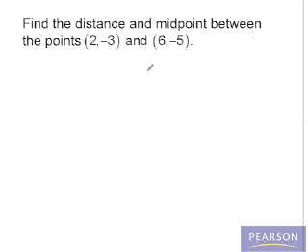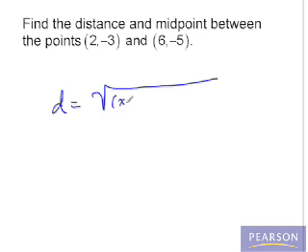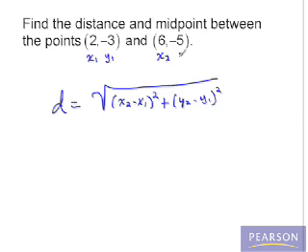Find the distance and midpoint between the points (2, -3) and (6, -5). The distance formula is the square root of (x2 minus x1) quantity squared plus (y2 minus y1) quantity squared. So we'll take our 2 points and label them x1, y1, and x2, y2, and we'll substitute those